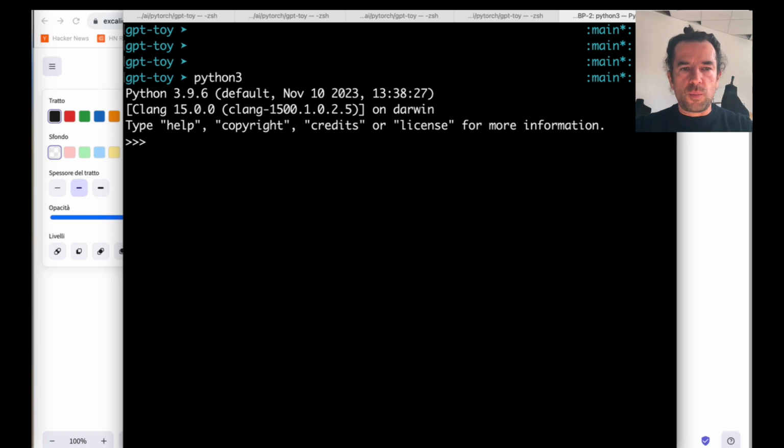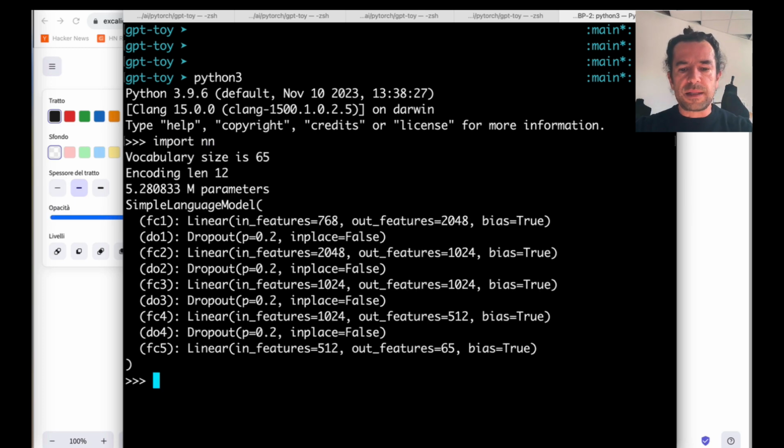So the first thing that we want to understand is how the original video did the tokenization. It's very simple. Basically, what we do here is split the dataset into individual characters. So we will not use any advanced tokenization, and we will have a given number of symbols that we want to represent as inputs, and also that we want to predict as outputs.